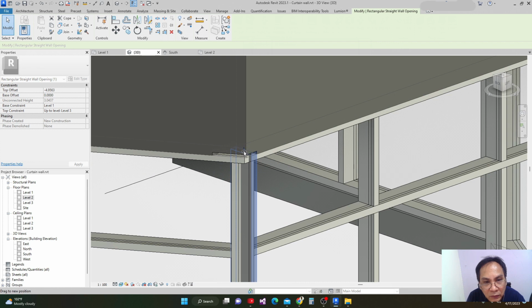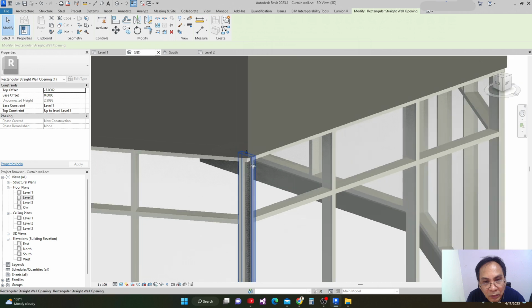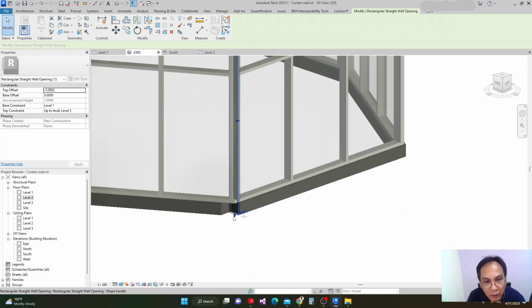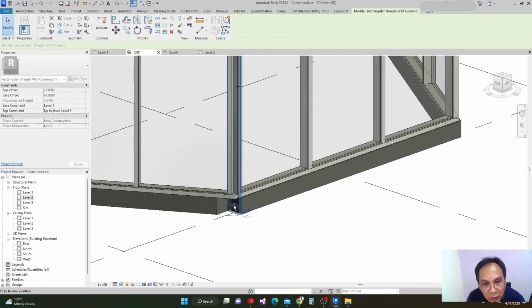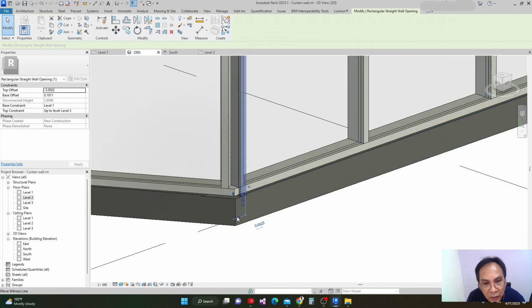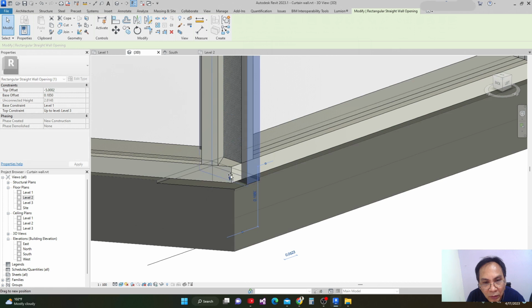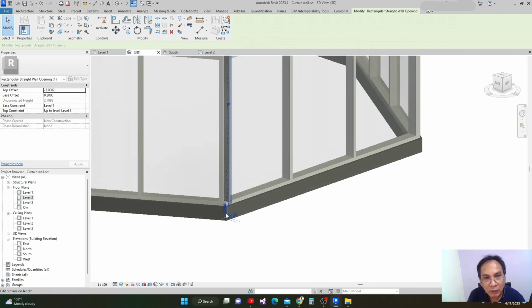it is already parallel. And then again here make it parallel to the mullion. Now more, again a little bit more. Okay, now